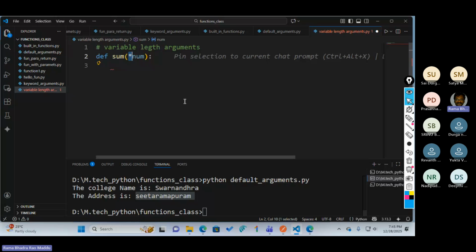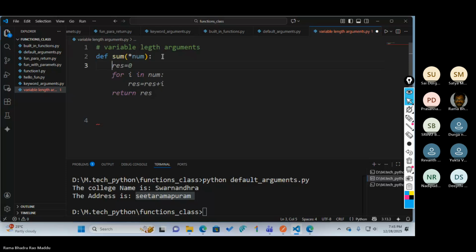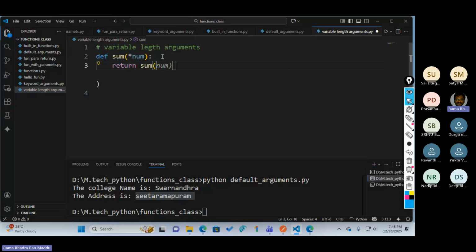What is the meaning of star? So in Python here, if you mention it is not a pointer variable, Python don't have that type of concept. So that's why here the star is representing variable length. You can pass any number of arguments. Okay, that's why I'm using return. For example, I'm using sum. That's why I'm using num. Sum is a function. Default function, sum is there. That's why you can use my sum for avoid the confusion.